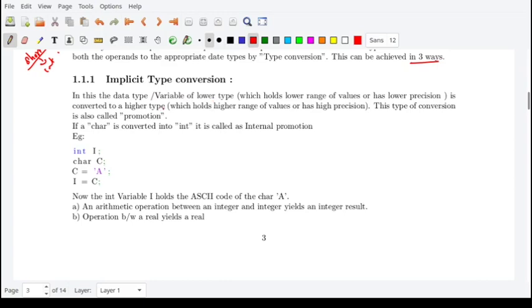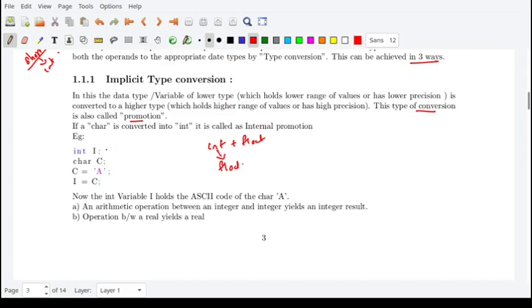This is what we explained just now. If we have an integer and a float, then integer is converted into float. The one which has lower precision or lower size is converted into a data type of higher precision. This type of conversion is called promotion because you are converting from lower to higher.